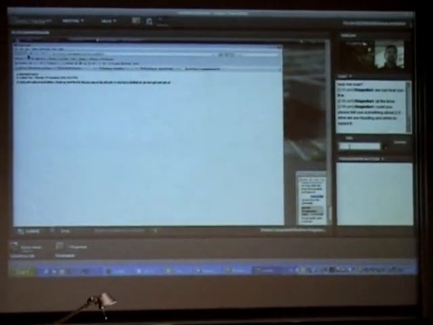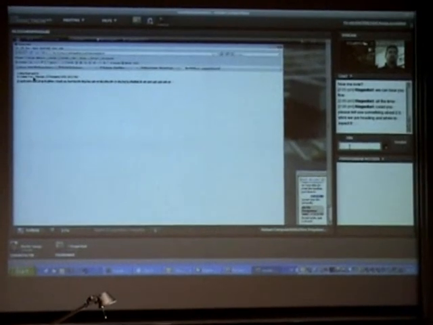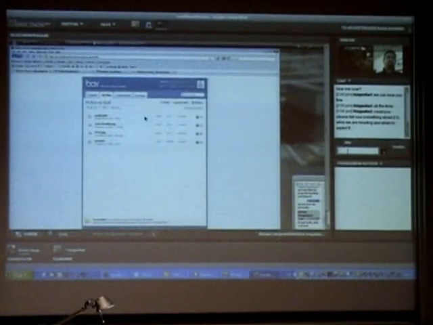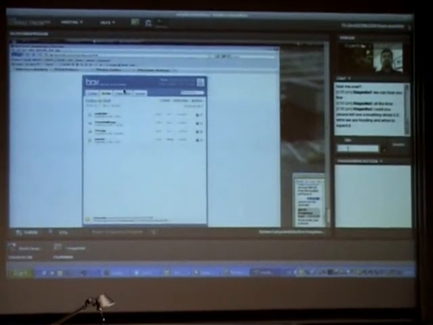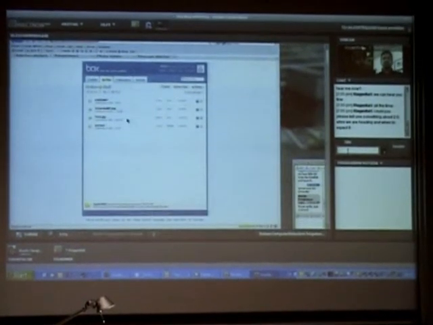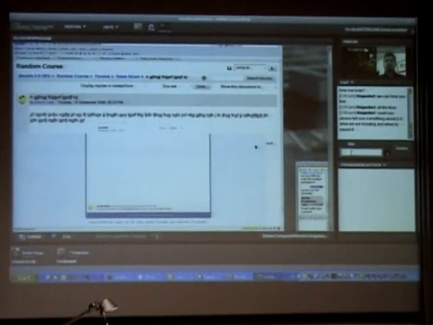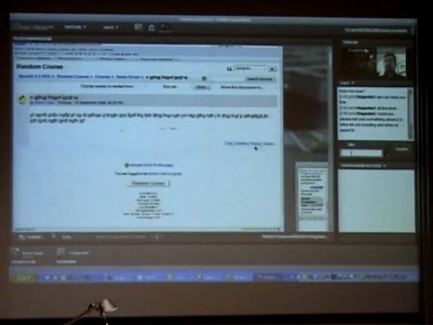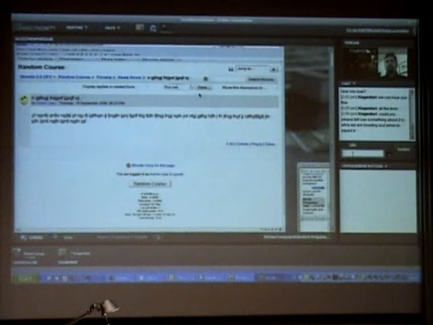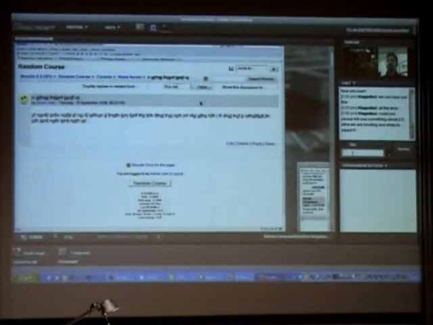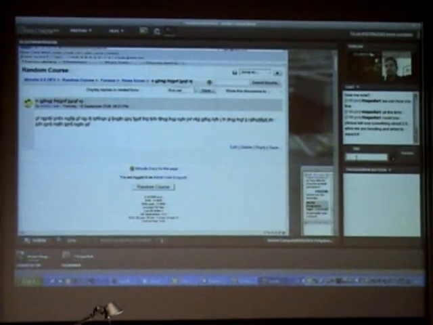So that was an example of a single forum post, but we can export things at all different levels. So this is a discussion that I started, and it might have lots and lots of replies. At the very top is a new button, another save button, and that's for saving the entire discussion. So you can save the whole discussion on one HTML page. Or if I'm looking at